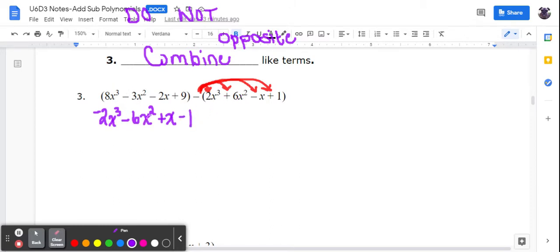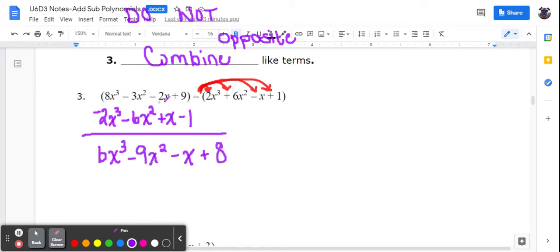And as you can see, I lined them up on top of each other. So this is another way of combining your like terms. You can line the polynomials up above each other and then combine the like terms this way. So 8x to the third minus 2x to the third is 6x to the third. 3x squared minus 6x squared becomes a -9x squared. -2x plus an x, -2 plus 1 is just a -1, and 9 minus 1 is 8, and there's your